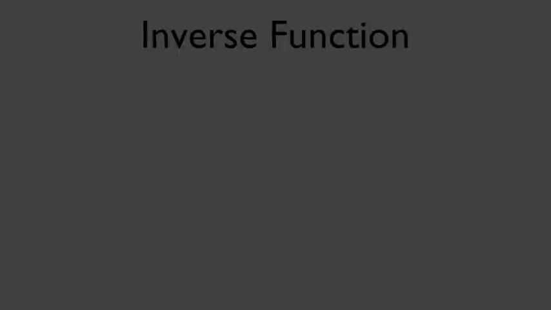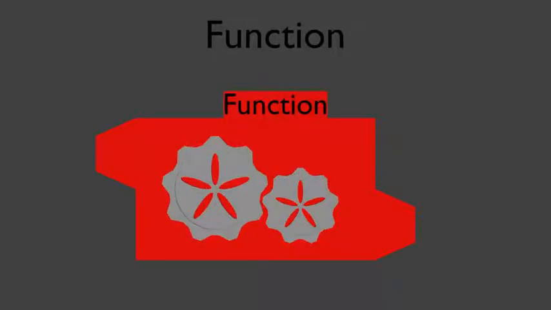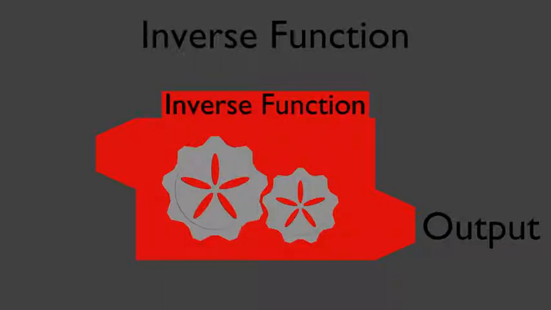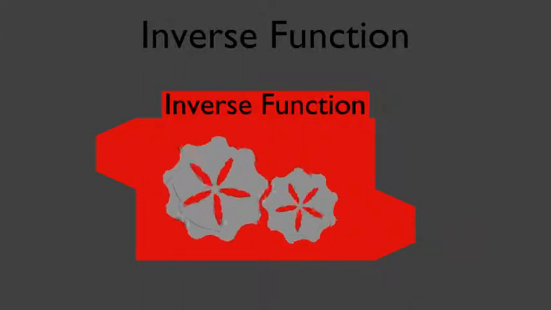Before discussing how an inverse function works, let's first discuss how a function works. Now, a function works by taking an input into it, processing it, and sending out the output. And the inverse function works through the reverse of this process. So the inverse function takes our output from our function, sends it into the inverse function, and gives us back